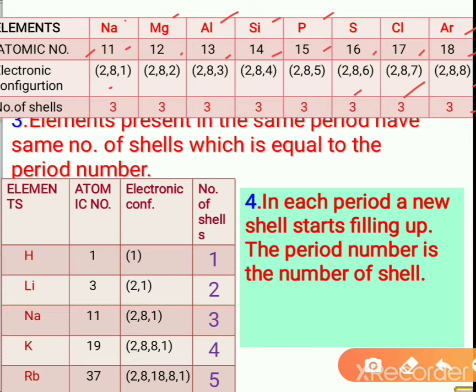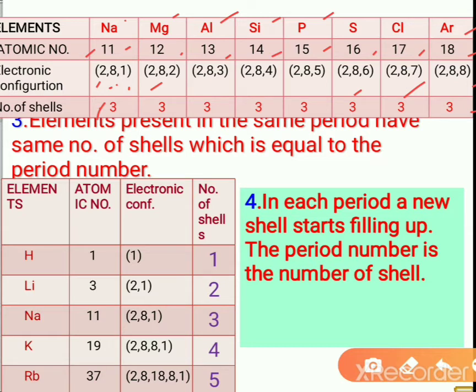Now here students, you can observe for sodium, according to its electronic configuration, how many shells does it constitute? 3 shells. First, second, third, KLM. Similarly, you can see in the second element, that is magnesium, it also constitutes 3 shells, and it is the same for all the elements in the same row. All constitute 3 shells. So the number of shells for each of the elements is 3. Elements present in the same period.